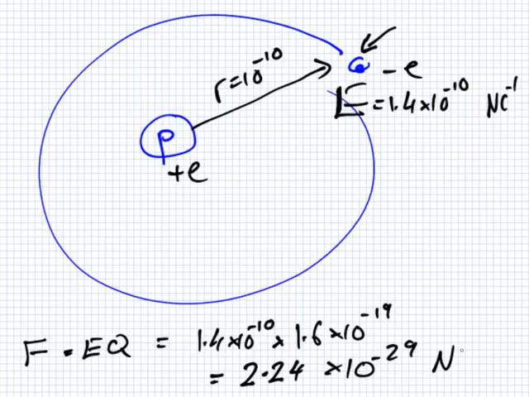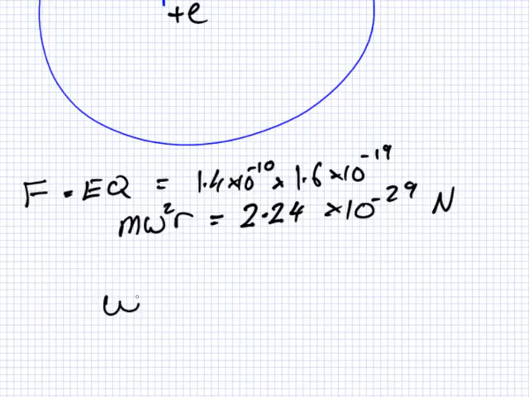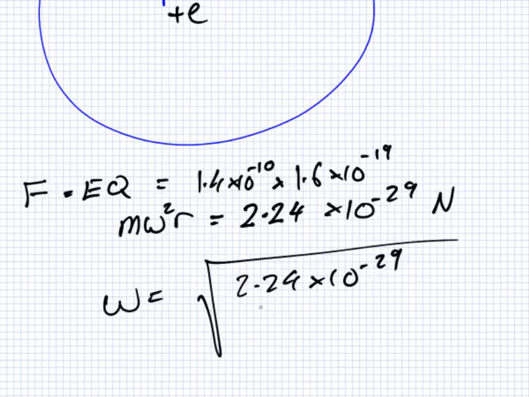That's the force. What type of motion is this? Circular. So this electric field is causing a circular motion. So you also know that m omega squared r is equal to this. Oh, now it makes sense. So do you know the r? Yes. And do you know the mass of an electron? Yes. So if we just do a division, we can get that omega is the square root of 2.24 times 10 to the minus 29 over 10 to the minus 10, and the mass of an electron is